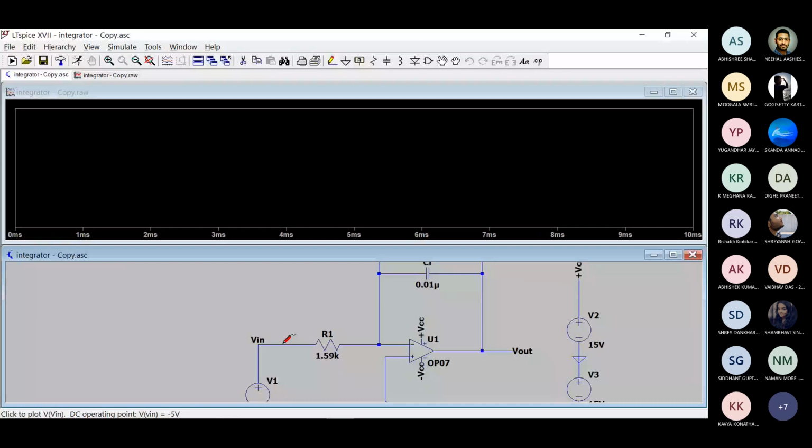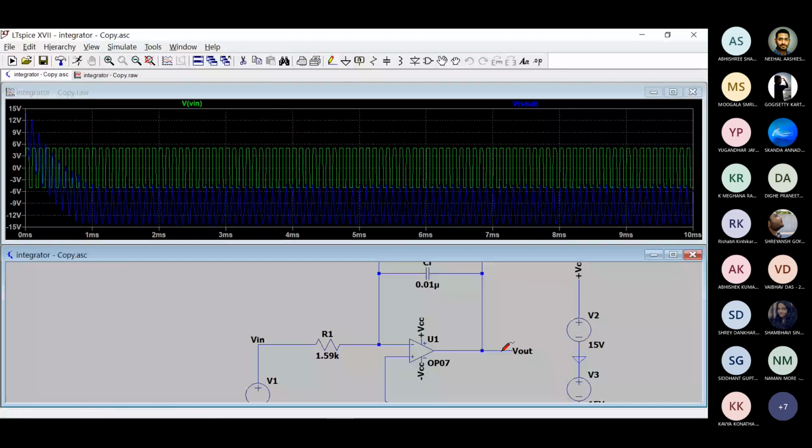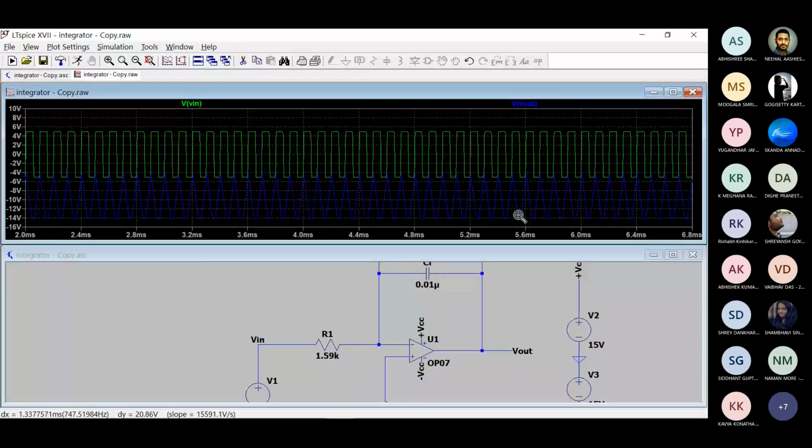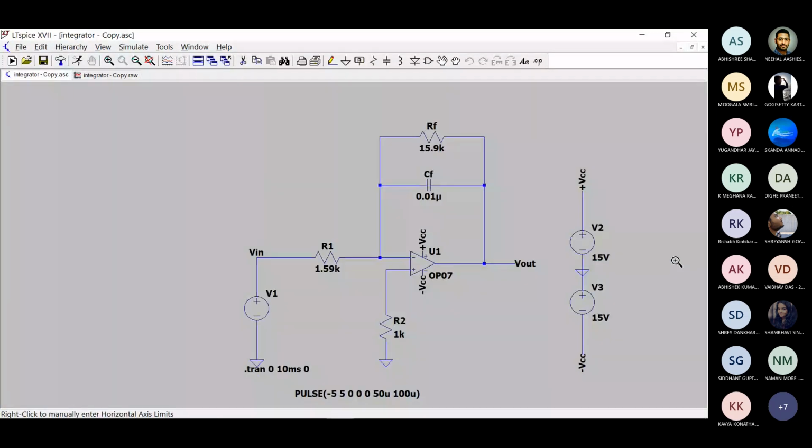This is the zoom in feature where you can zoom in to the graph, the output and input waveforms. So how this works is, in the integrator, the Vin gets integrated. That's the input voltage waveform gets integrated, and you get the output. Its basic applications include analog to digital converters, and it's also used in wave shaping. It was discussed yesterday that Vout equals -1/(R1 CF) times the integral of Vin(t) dt. So what this means is,